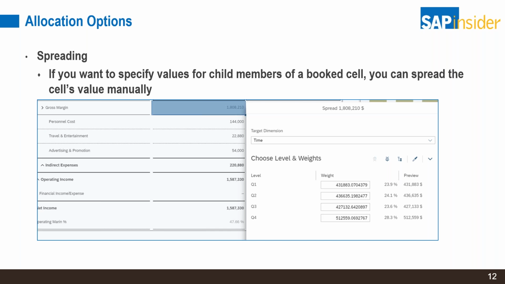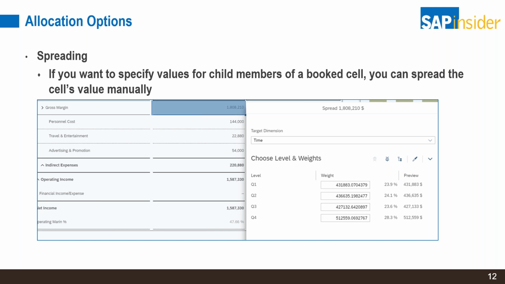available. The allocation options are also nice functionality with Analytics Cloud. So we have standard spreading, where I can take a value, and when we use the disaggregation, this allows us to take it a step further and fine tune it, or modify it a little bit more. When you disaggregate, if you put a total in, it's going to base off of the current weighted average of what is in your leaf level or your base level. But let's say you perform that, you put in 500,000, it spreads it down accordingly based on what's there today.